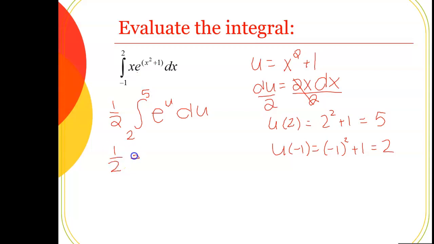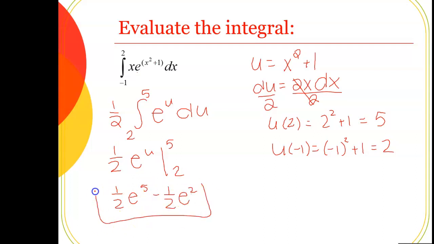Anti-derive. Unless it was a calculator question and you needed to round to 3 decimals, that's your answer. Okay? So that means